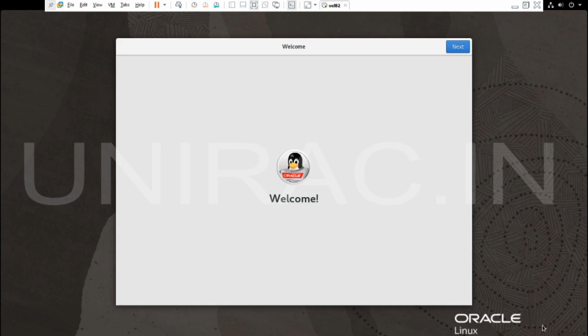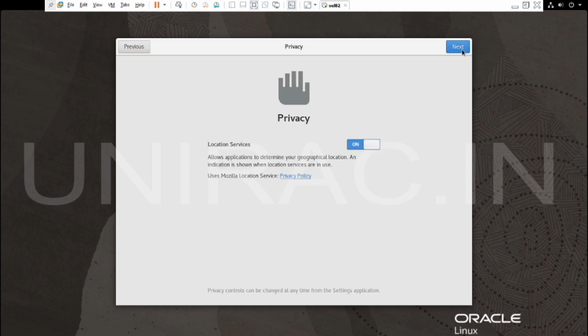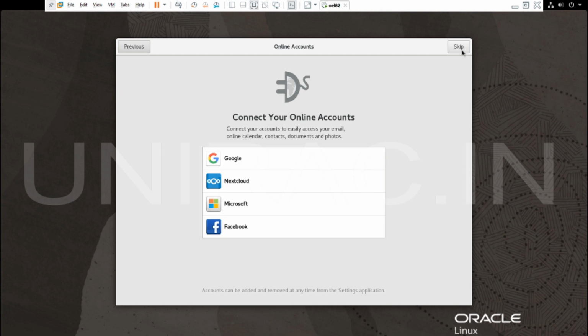We can see the initial welcome page of your Oracle Linux. Click on next. For privacy, the location services, opt in if you want. If you want to connect to your online accounts like Google, Nextcloud, Microsoft, Facebook, click on them.